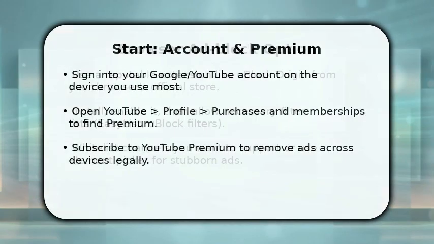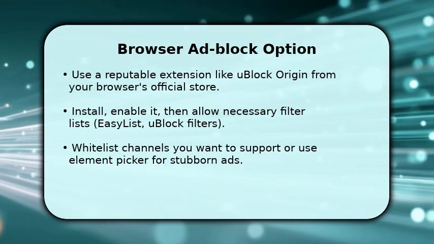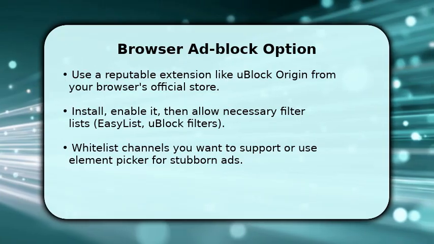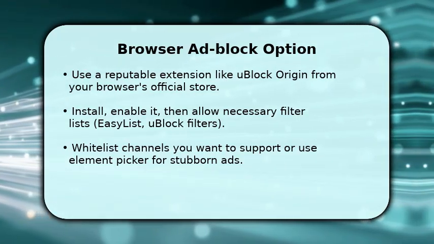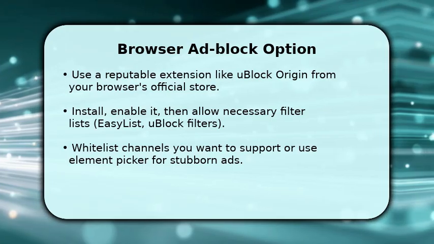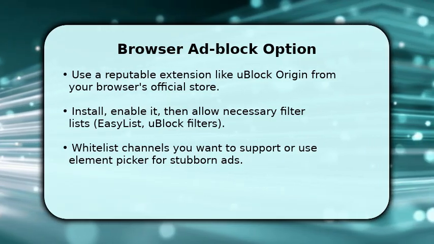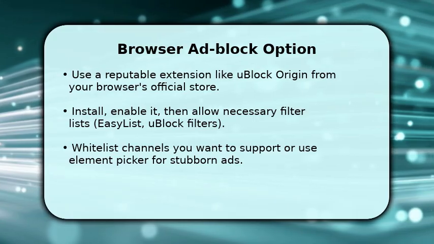If you prefer not to subscribe, use a trusted browser extension such as uBlock Origin. Install it from your browser's official add-on store and enable it. Once installed, open the extension dashboard and turn on common filter lists like Easy List and uBlock filters to block